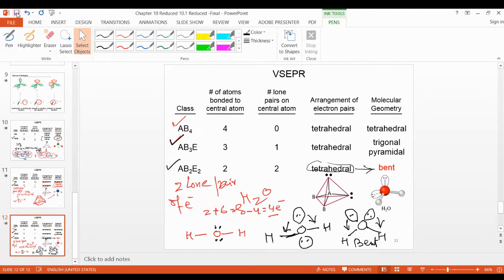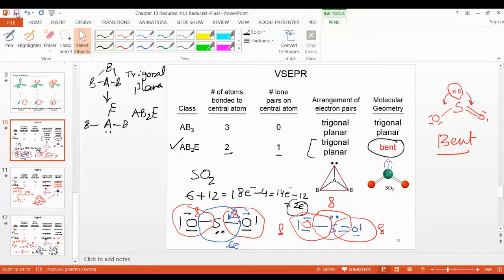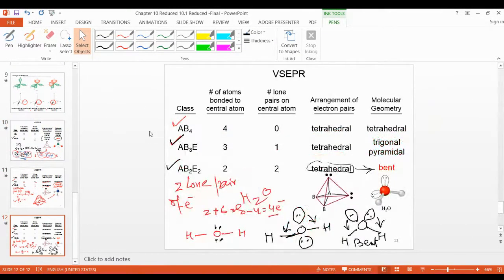So these 2 examples are here, AB4 type, only up to AB4 type. AB5 type don't look at. Okay, and these are the 2 examples already here. Okay, and there is 1 example here. So only 3 examples. The compound can be different in the exam. It is not necessary that I will give you SO2, or I will give you NH3, or I will give you water. No, maybe another compound also has the same structure and same geometry. So you have to write the Lewis structure first. Okay, so remember that.